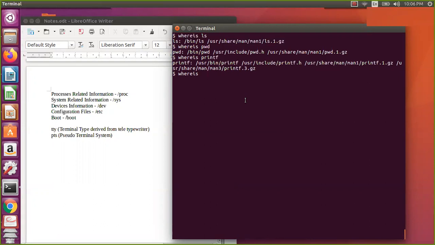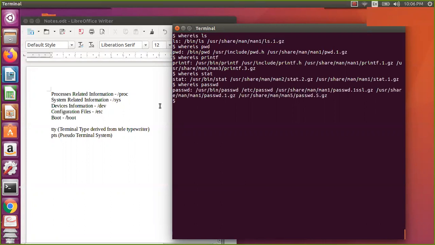Let us assume some file status, you can check on that. It is available in these two manual sections. Maybe let us assume whereis passwd, something like this. Then it is in one file. We have seen terminal, so whereis tty. You can see here /usr/bin and this particular thing shown like this. Then whereis pts. It will be here in this particular man page. There is no executable for this.